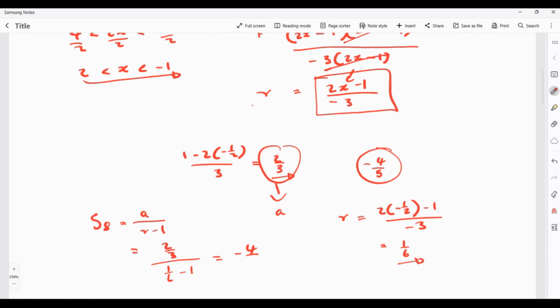What you will get at the end of the day is negative 4 over 5. Oh, this negative 4 over 5 was not for 1 minus 4x plus 4x squared. No, this is not the answer for this one. I made a mistake over there. Negative 4 over 5 is the answer for the one that I got from my calculator when I was working this out. And then, yeah,